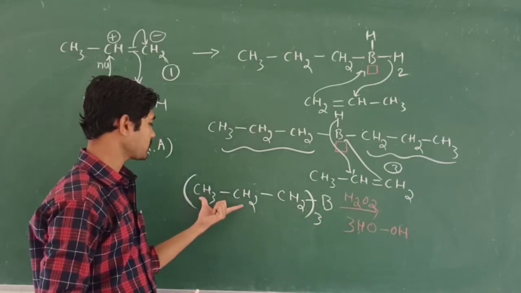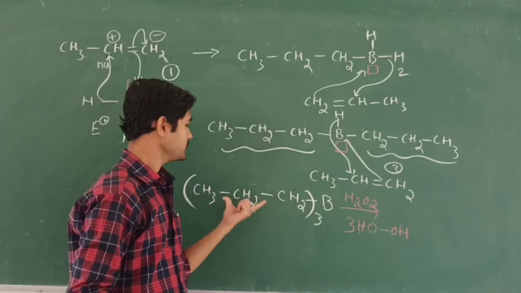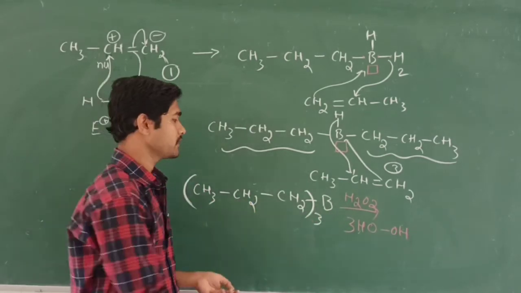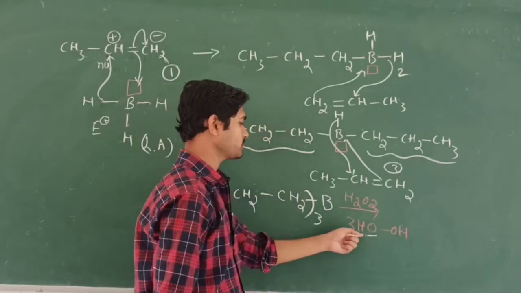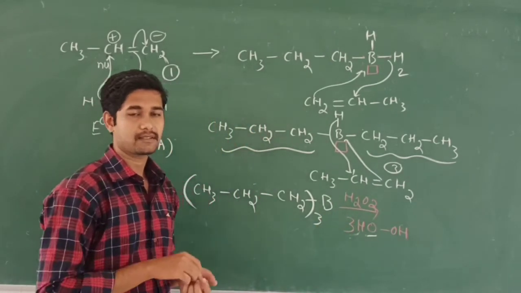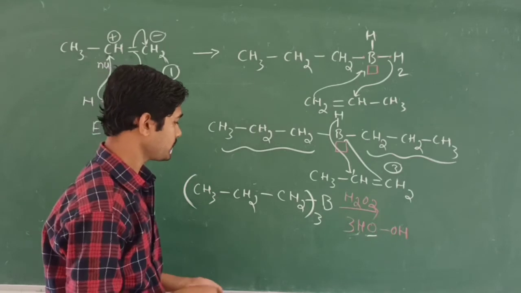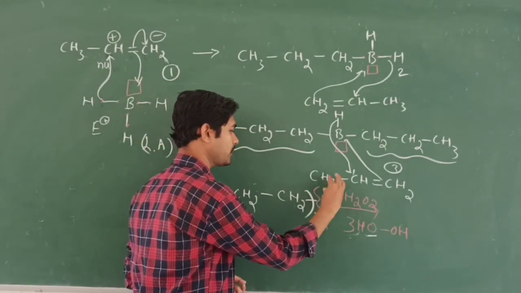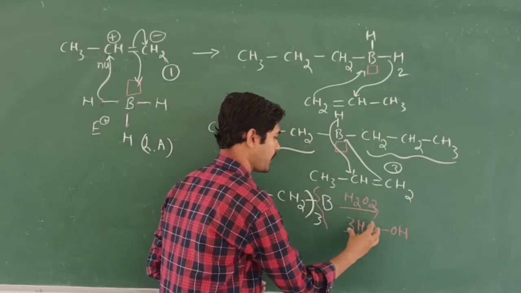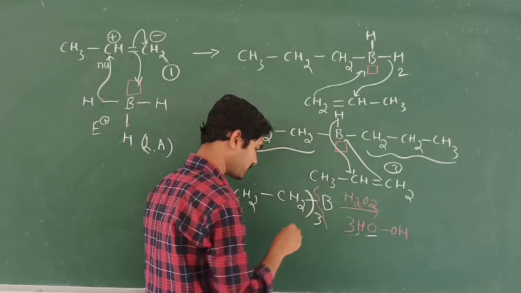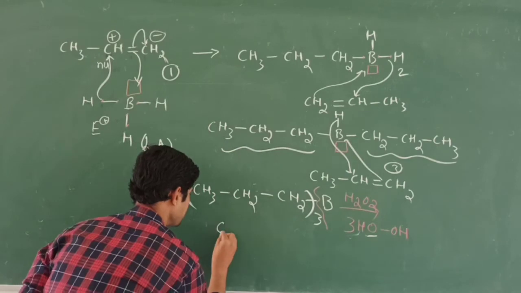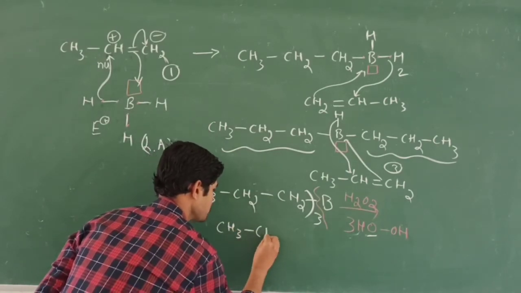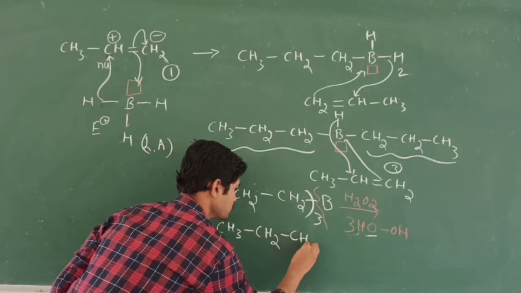Why? Because this carbon contains 3 times, right? This propane contains 3 times. That's why we are going to treat it with 3 times the alcohol to maintain the balance of the reaction. So what are we going to get? We are going to migrate this bond. So this boron will come and attack here with 3 OH groups, and these 3 OH groups will come and attack here. So I will write the final product as CH3, CH2, CH2.